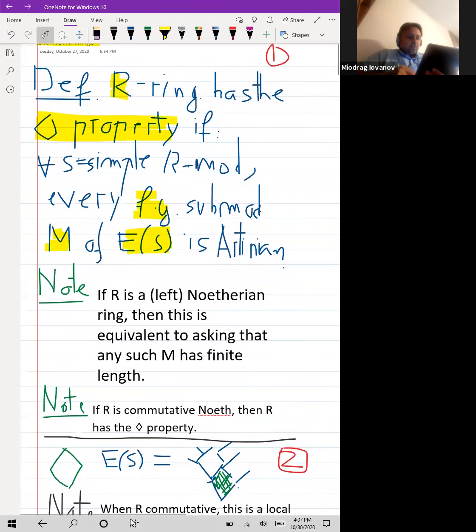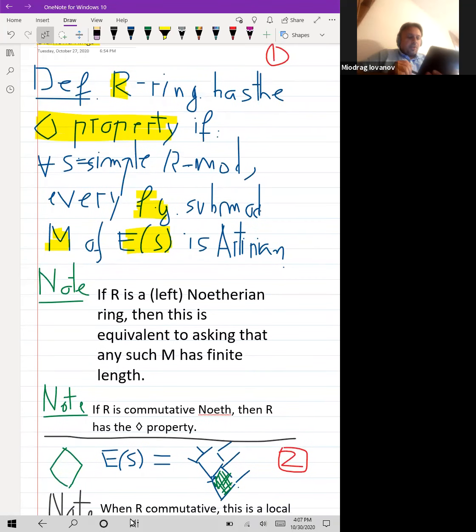Just a note first. Suppose you have a left Noetherian ring. Then this is actually equivalent to asking that any such module has finite length. Suppose that the ring is Noetherian, and you take a finitely generated submodule M of E(S). The ring being Noetherian means M is Noetherian itself, but I'm also asking that the module M is Artinian. If the module is both Noetherian and Artinian, then